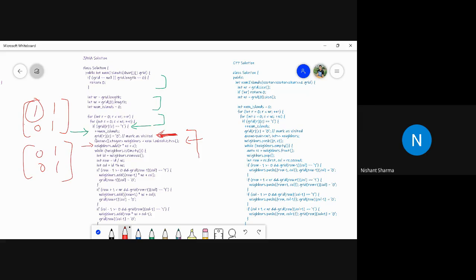So there are multiple ways to write a similar code. Suppose once you have the row comma column, you can directly store the row or column like R comma C, like this. I have basically explained this in the C++ solution. Or this is another way to save the row comma column information.